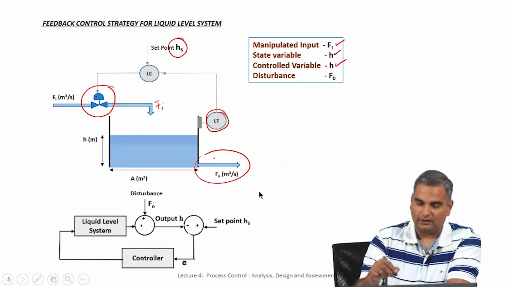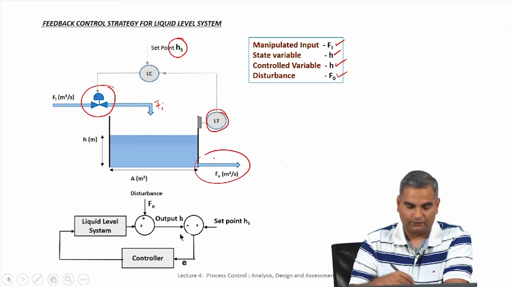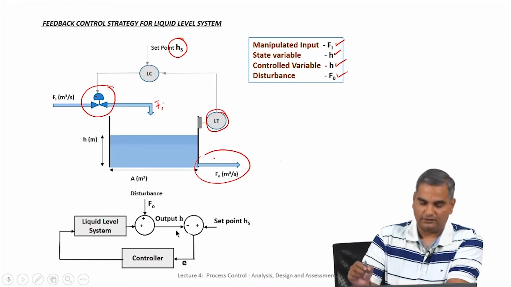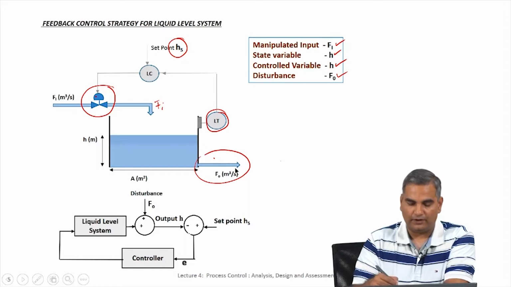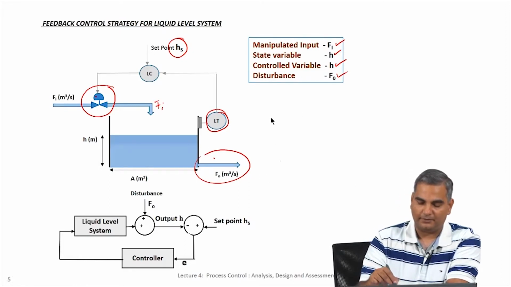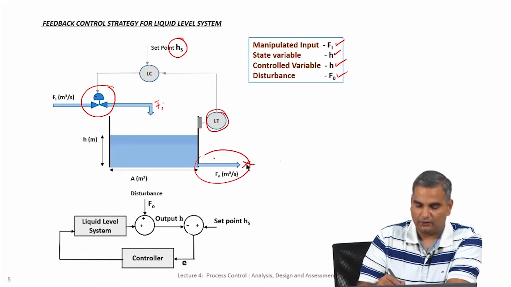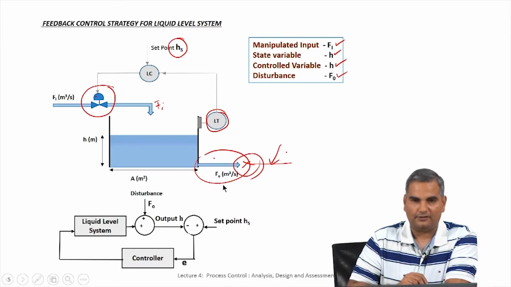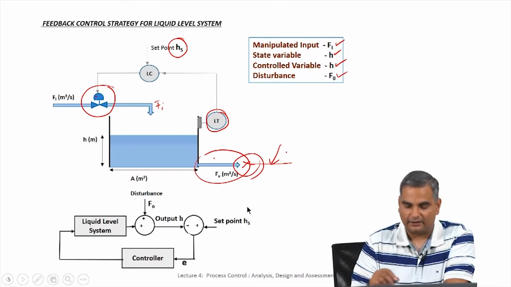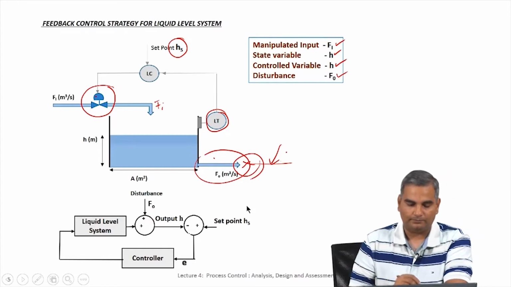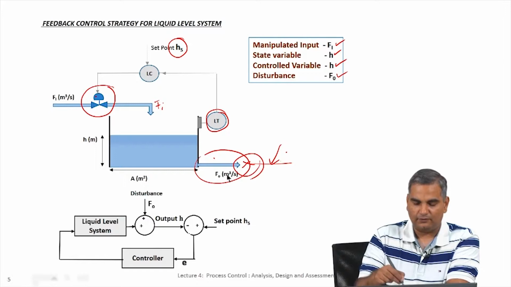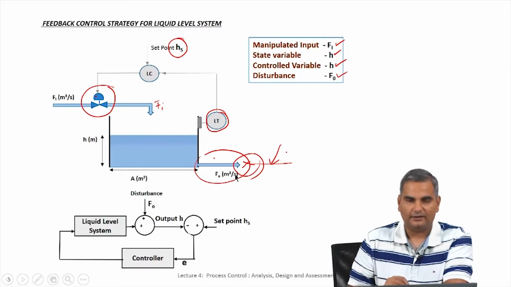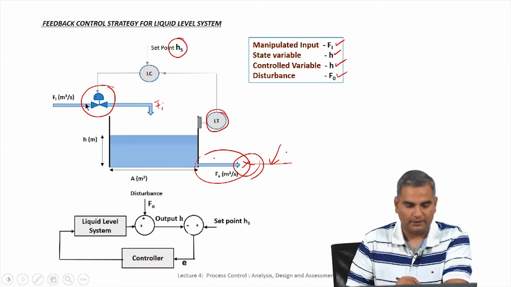So, you could also think of this as a disturbance variable for this problem, or if this is just the system, then this is the output variable. So, it depends on how this is connected to the other system. For example, if there is another valve here, not a control valve, just a valve, then the pressure changes here would change the flow here, because the pressure difference across the valve will change, and that will create changes in F naught and so on. However, if this is just a system, then we could say F naught is just a function of height, and then say this is the only manipulated variable.